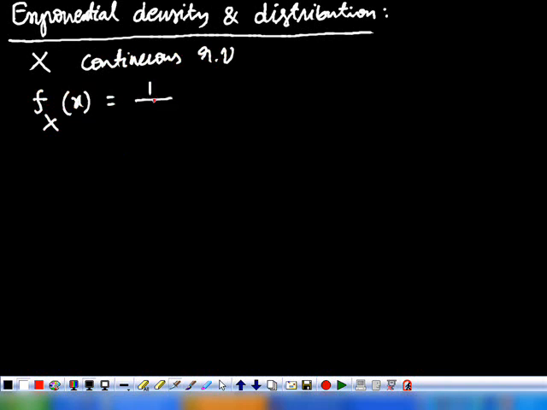we write it as 1 upon mx. So here as mx is in the denominator, definitely it must be greater than 0. So that is, in the case of the Rayleigh density function, sigma x must be greater than 0. Here mx must be greater than 0. This is e power minus x by mx. So this is a simple exponential function, an exponential function with magnitude 1 by mx. So here also it is 0 for x less than 0.